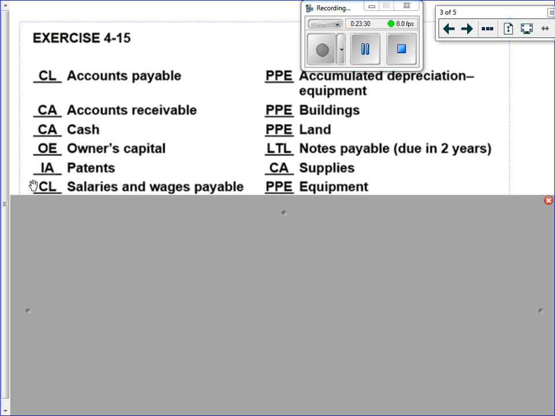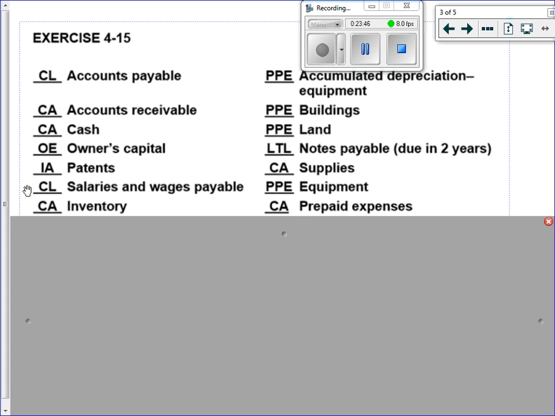Salaries and wages payable, why is that current? A current liability. You're going to pay them. I don't think employees will want to stick around if you're like, yeah, I'll pay in like 2 years. Equipment will be PPE. Inventory, current asset. Again, going back to my Superior example, they have stuff they sell, so the inventory,